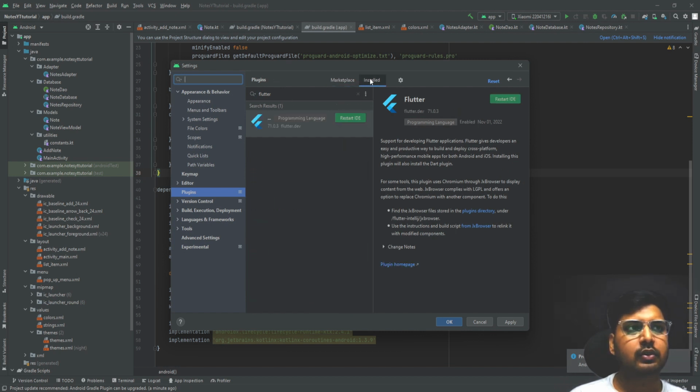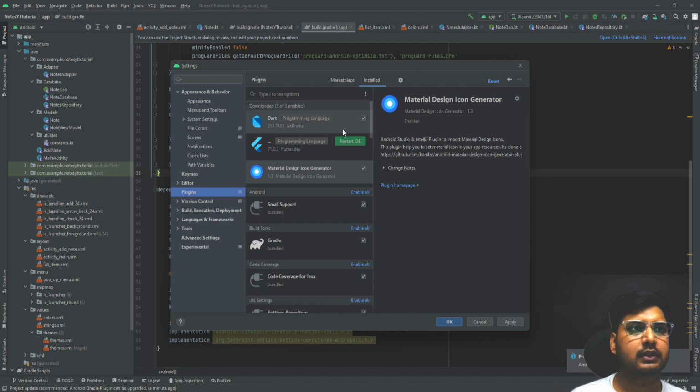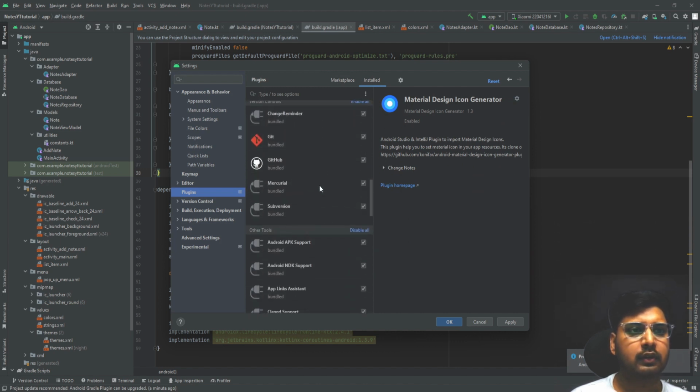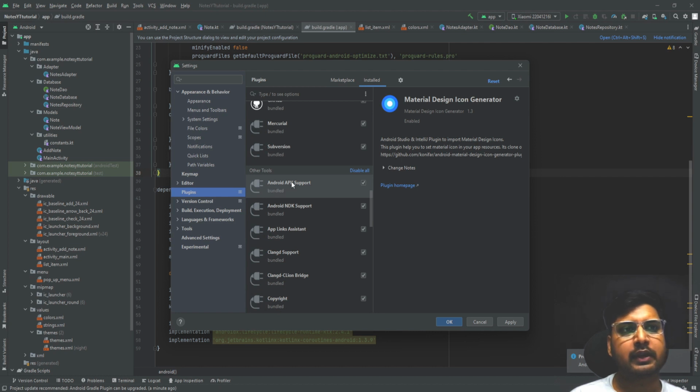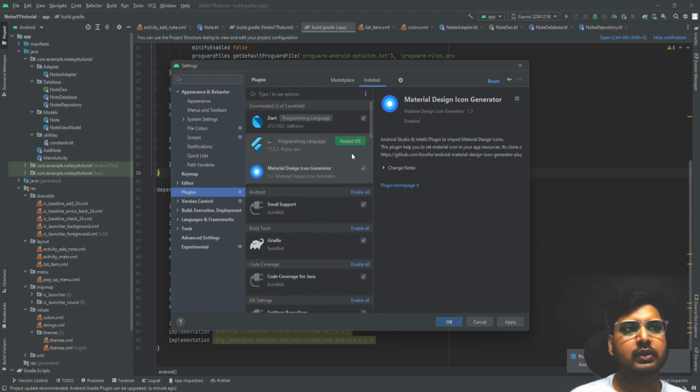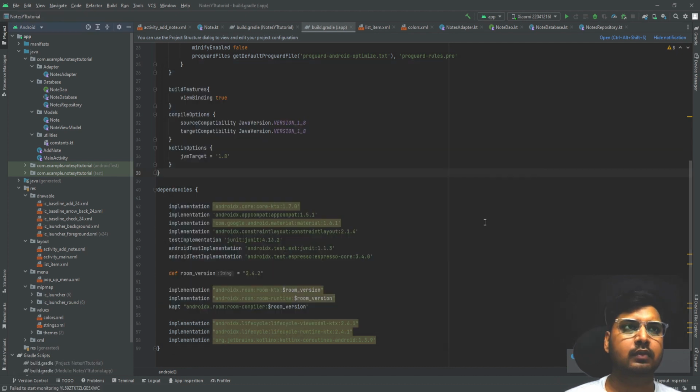After that, just go to this installed tab, right? Just untick this and make sure that this Android APK support is ticked, right? It is checked. Now it's asking to restart the IDE, so let us just restart the IDE. So okay, we have restarted the Android Studio. Now let us just close this project,